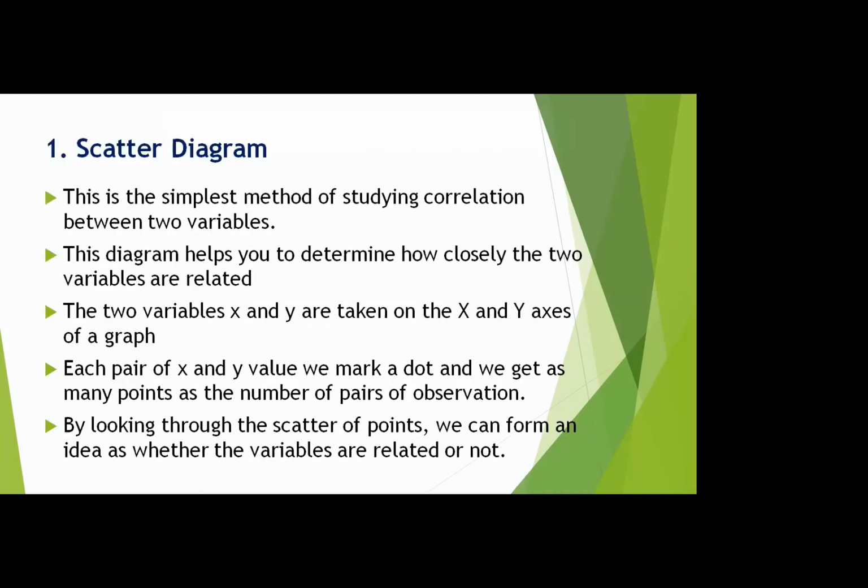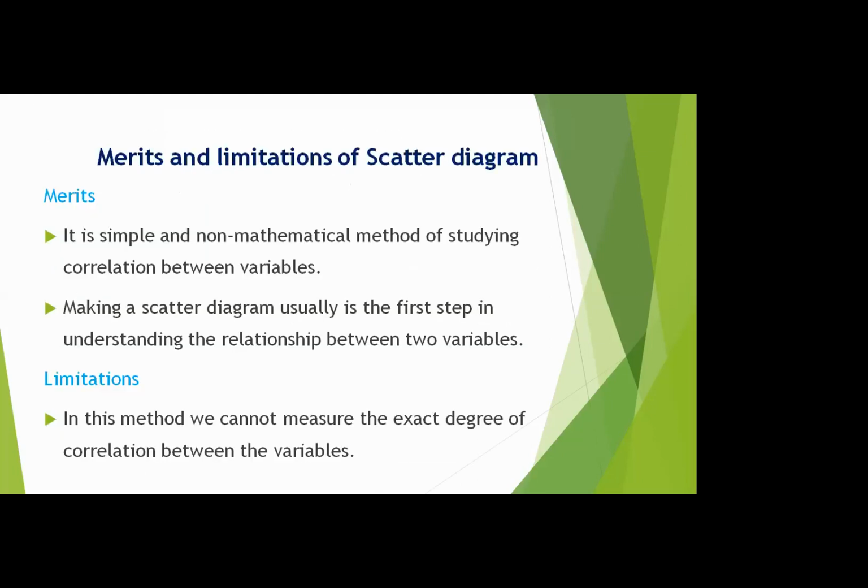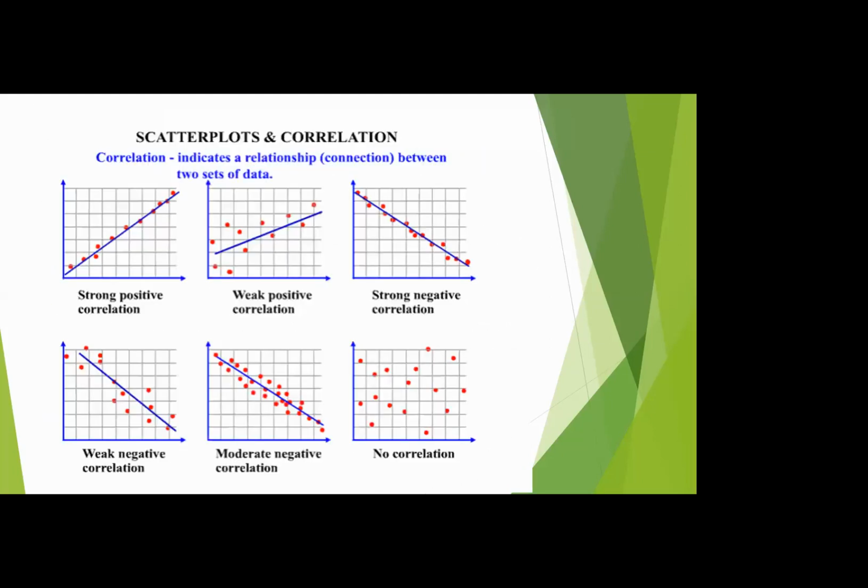So a scatter diagram is the graphical method of correlation analysis. We plot the x and y values on the x and y axes, and use the pattern to observe the trend of the relationship between two variables. That is called a scatter diagram. It can be strong positive, weak positive, strong negative, whatever the relation is, and we will get a quick idea about the relationship.